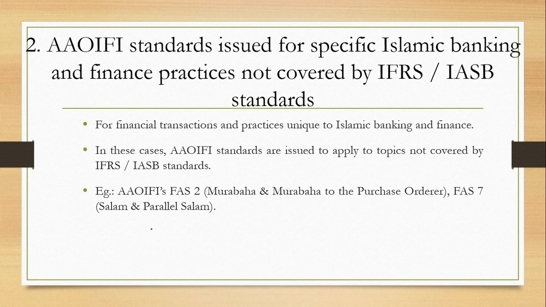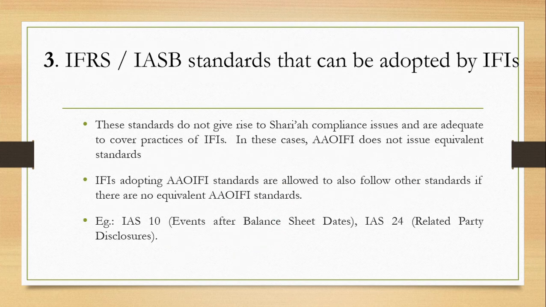So contohnya untuk IFRS 2, which in terms of murabaha and also murabaha to the purchase orderer, and also IFRS 7 on salam and parallel salam. So meaning dalam IFRS ni tak ada dua standard ni lah, IFRS 2 and also IFRS 7. Okay, yang ni tadi dia kata tu